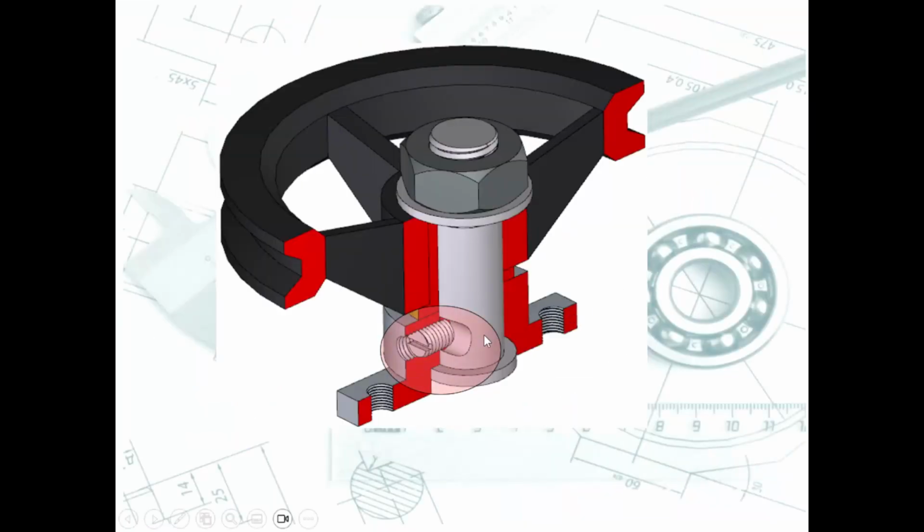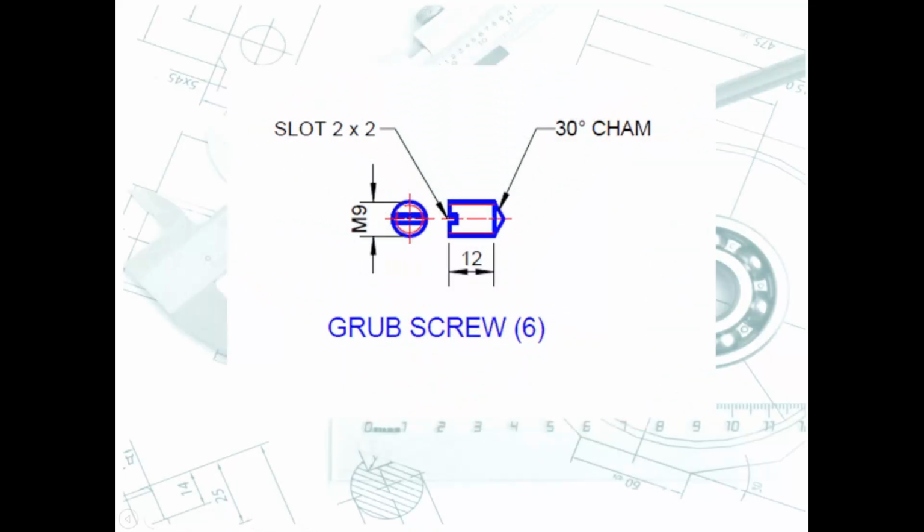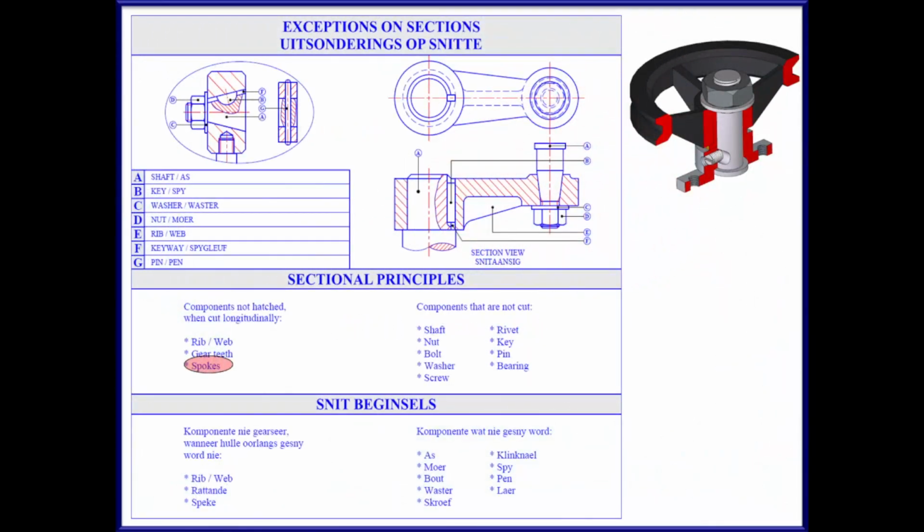Here we can see clearly where the external thread of the grub screw takes up the space for the internal thread of the hole. We will have the darker A-type line. At the remainder of the hole, when nothing is threaded, we will have the lighter B-type line. Also just important to take note of the 30-degree chamfer on the grub screw as it was given in the given information. This detail must be added as indicated, and the 2x2 millimeter slot also needs to be indicated.